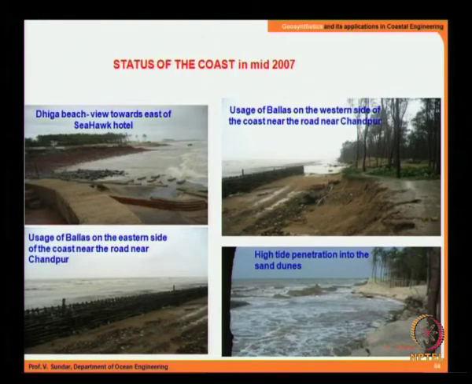Unfortunately, due to the unprecedented coastal floods a few years back, the entire stretch of the coast was washed away, and in fact the land was also inundated, and the people had to run away from the coast, leaving all their dwelling units. So this was taken up on a war footing,